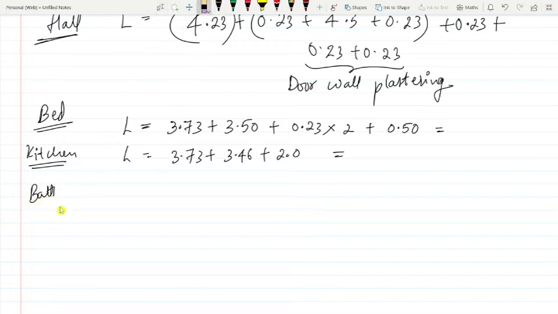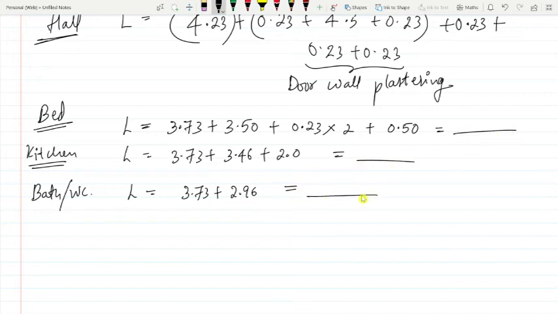Next one is the bathroom or water closet. Length is 3.73 plus 2.96. Okay.